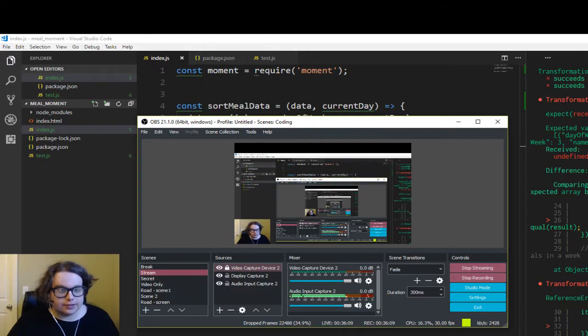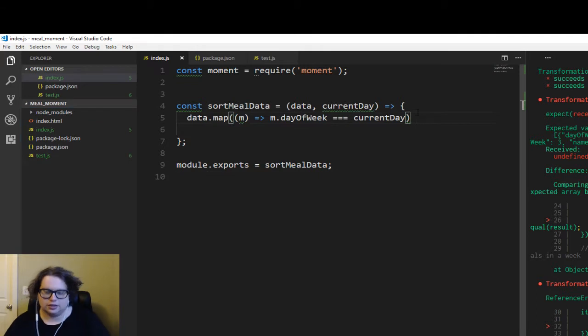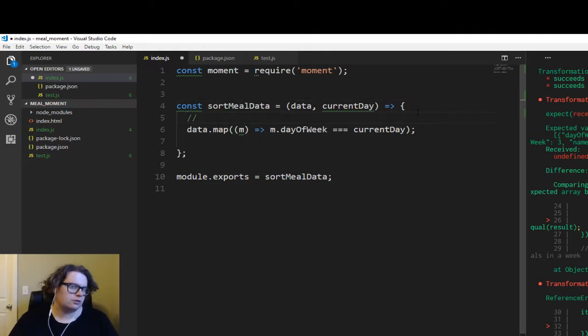Okay, I'm back. So let's make this happen. Okay, so three things. One, as much as I want to do it with a map, I think that we need to state what we're doing here first, and then we can figure out what this looks like. Okay, so what are we doing here? We need to take each object, take each item in the array,